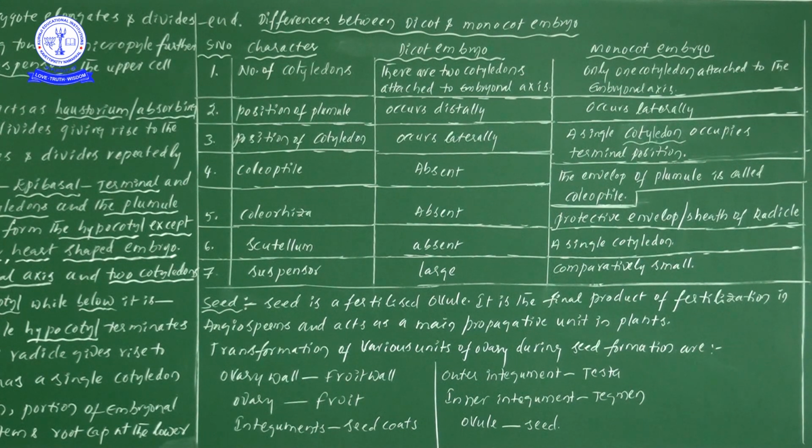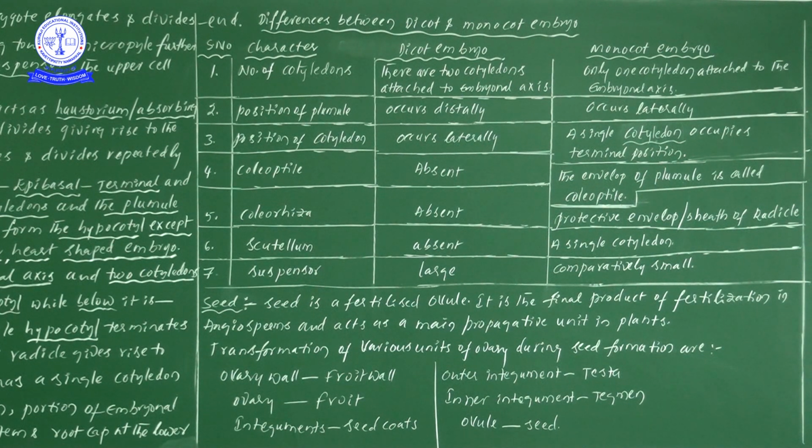The ovary after fertilization is converted into the fruit, and the integuments are converted into seed coats. The outer integument is converted into testa, the inner integument is converted into tegmen, and the ovule is converted into seed. Maximum all these points you know very well. Now here the ovary wall is converted into the fruit wall. This particular fruit wall we will give one more name, that is